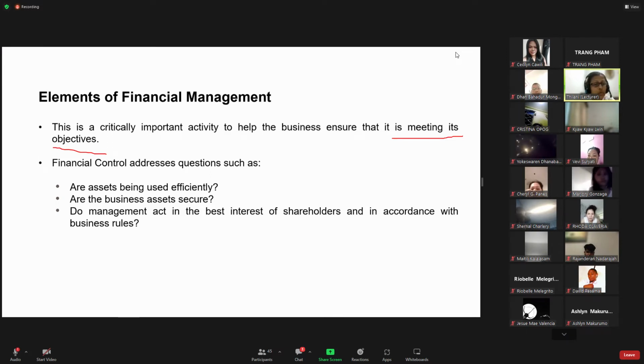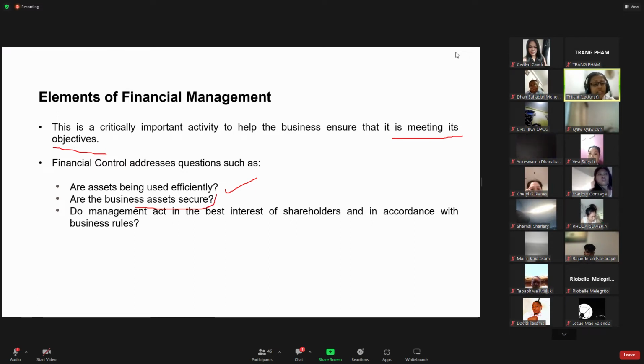Are assets being used efficiently? You check that out. Find out, do you have machines which are just idling? Then they're not being properly utilized, and you need to take action, you need to take control. Are the business assets secure? I mean secure in terms of, if you lease them, have you been paying the lease on time, or have you obtained a loan for these machines and is it being paid on time? Security comes in many different ways. You need to think about all those things, because these are assets for the organization.